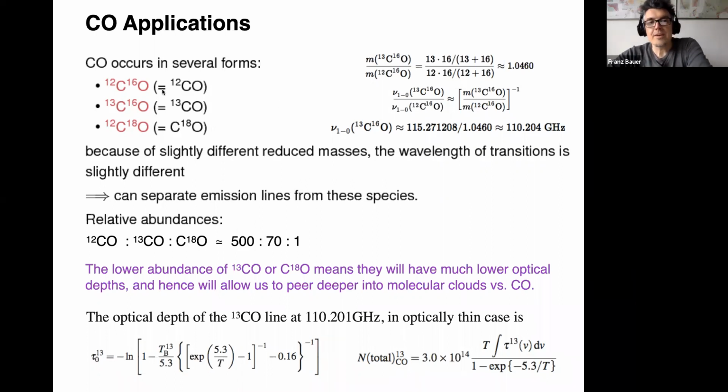Because they have a slightly different nuclear structure, the emission lines or line transitions are slightly different, based on the mass ratio. The 1 to 0 transition for 13CO is about 5% different from 12CO, so it occurs at 110 versus 115 GHz. And depending on the receivers, if the bandwidth is such, you may be able to get both in the same